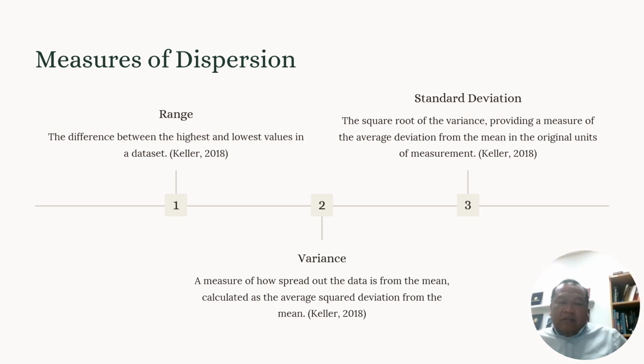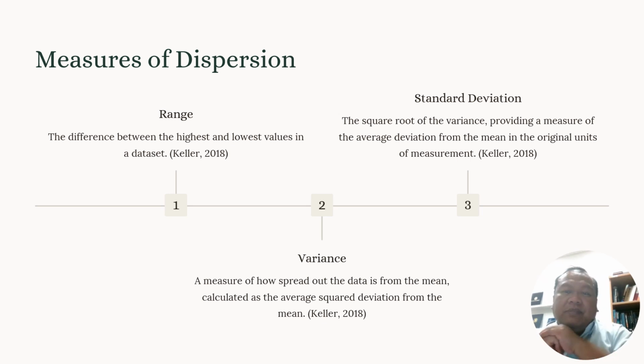Now, there's also what we call the measures of dispersion, where there is a range that is the difference between the highest and the lowest values in the data set. So what's the highest value we have? We have 1000 for the morning sales. Okay, we have 800, 600, 1000. And what's the lowest value? 600. So what's the difference between 1000 and 600? That's 400. So the range that we have in our data is 400.